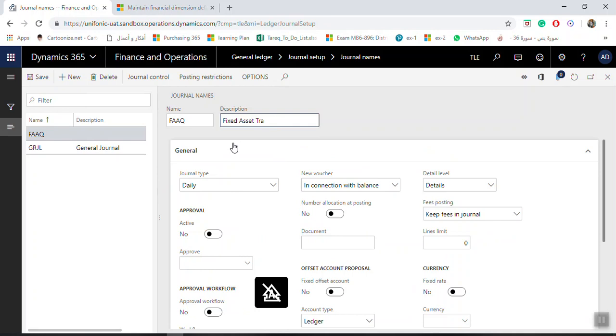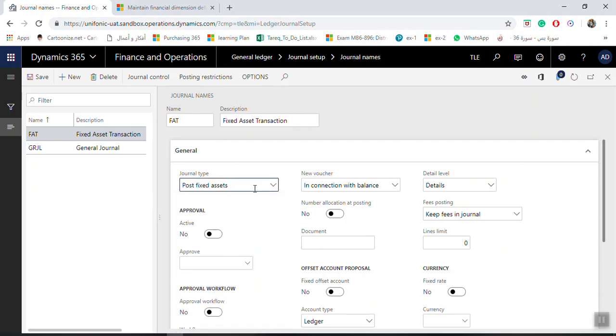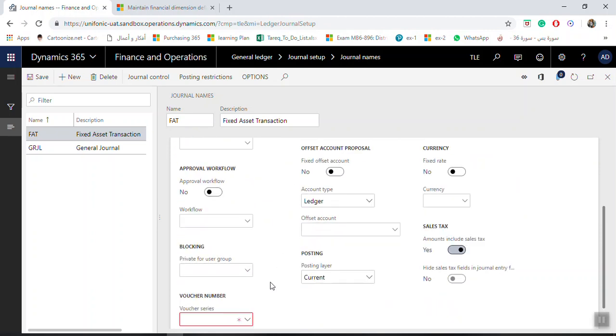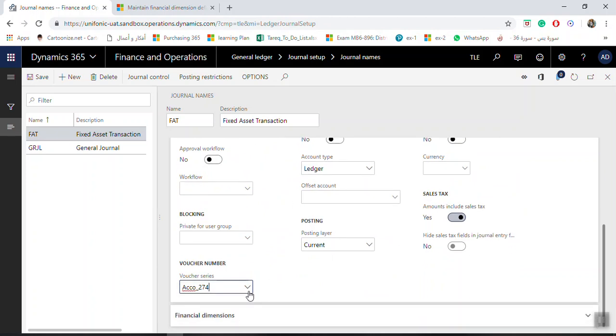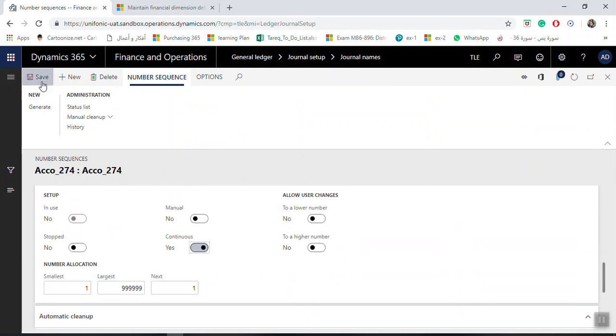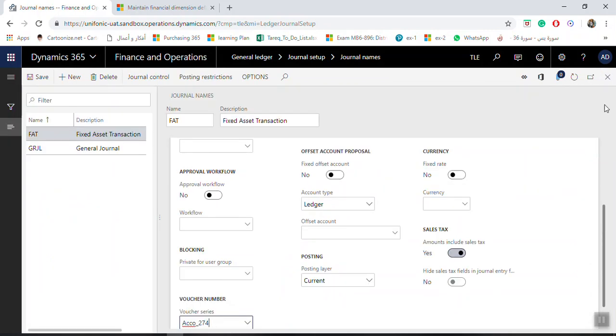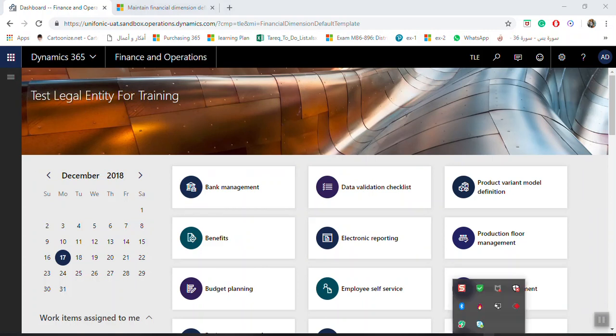As I explained, you can put one journal for all fixed asset transactions, or you can make one journal for fixed asset acquisition, another one for fixed asset depreciation, another one for fixed asset disposal. For fixed asset here, you can select post fixed assets. As explained, you can select a number sequence for these vouchers, or you can define a specific number sequence. If you right click here, view details, you can make sure the number sequence is continuous, which is very important. So again, if you need to create new